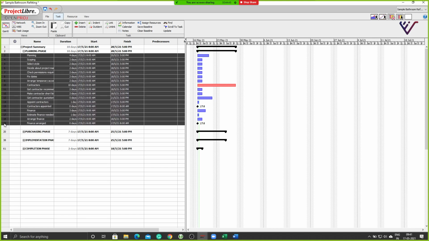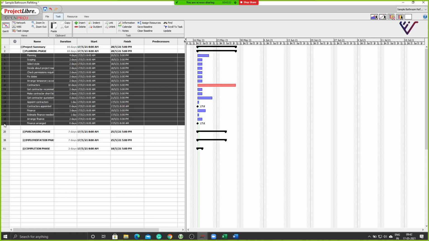So let me just select all these activities here. Okay. And now I'm going to link them. There are two ways of linking. One is if you have put everything in sequential order and all the activities are in the finish to start link. Now what is finish to start? There are 4 types of linking between activities in project management: start to start, start to finish, finish to start, and finish to finish. So you have these 4 different types of linking.